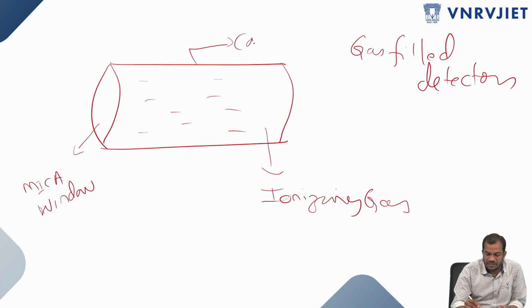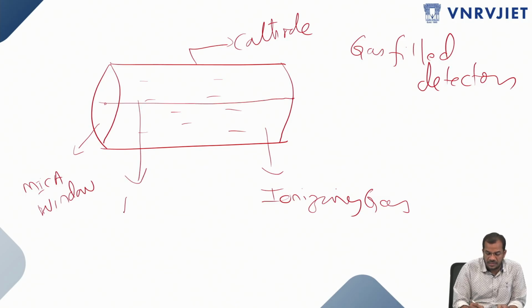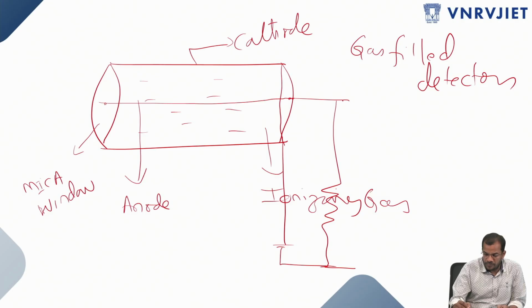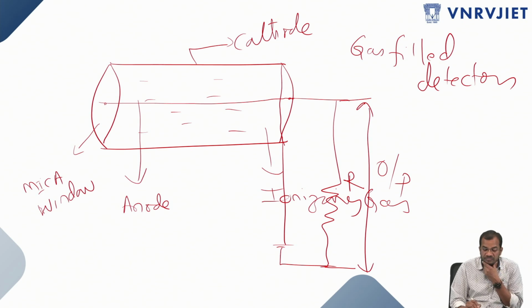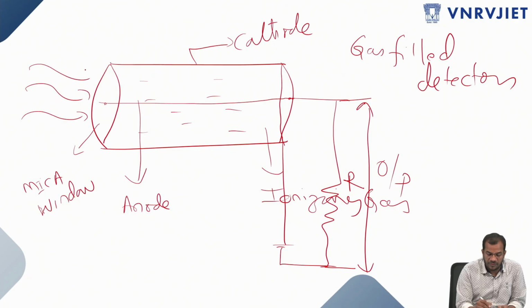This external surface acts as a cathode, and a small lead wire is taken, which acts as an anode. And we are giving a supply for this one. You take output here, and this is resistance. So here the particles which are to be identified are allowed to pass through this, and these particles which are coming out from the source enter into the chamber, that is the GM tube,